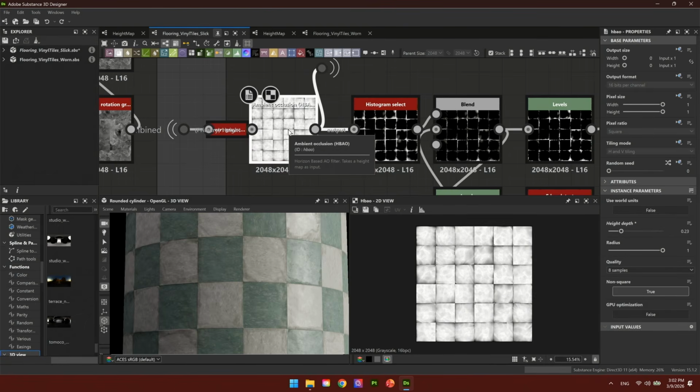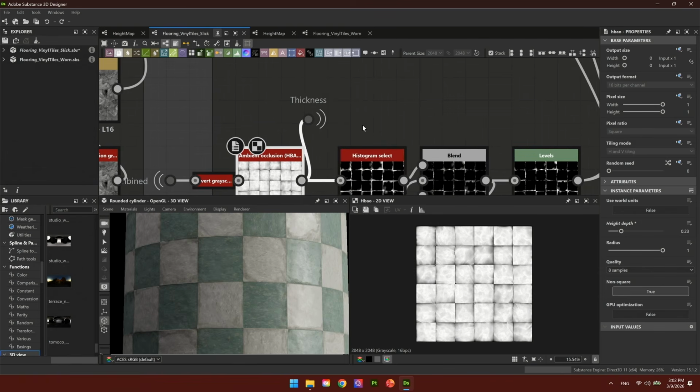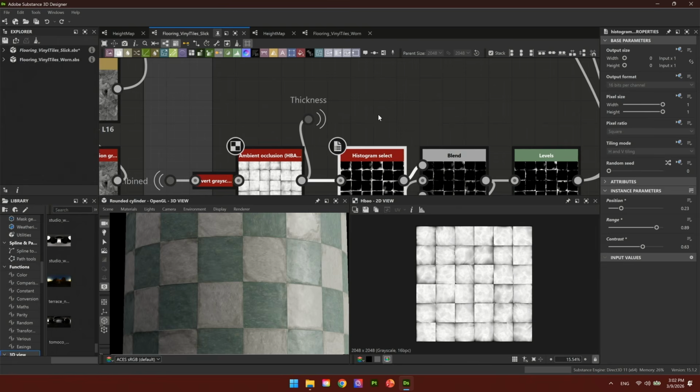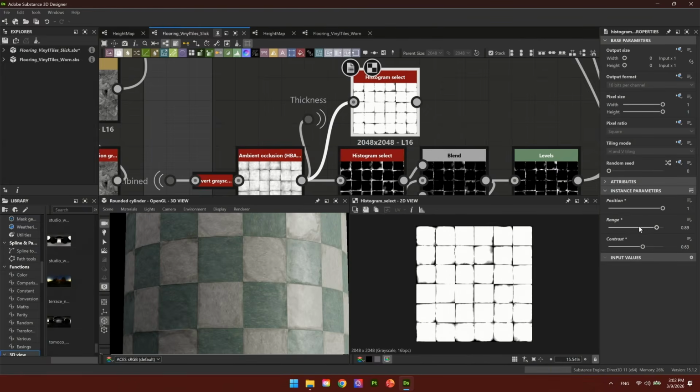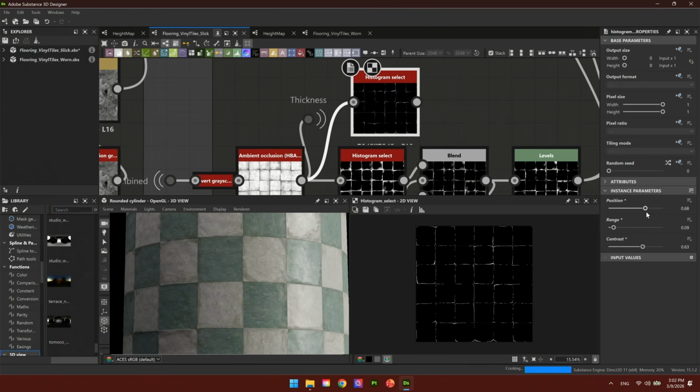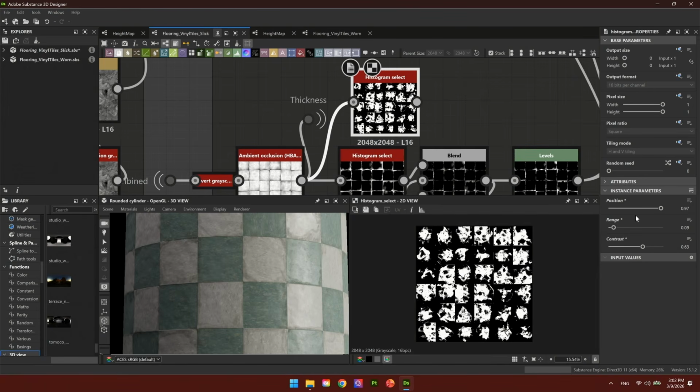Any ambient occlusion really will work, but the RTO could work. Here it's an HBAO, it's okay. And then you just histoselect it, just to be able to read info. And don't think it's exactly like inverting just an ambient occlusion. It's really not the same. You are going to have very different breakup. You are really going to have thickness info when you are on the edge or outer rim